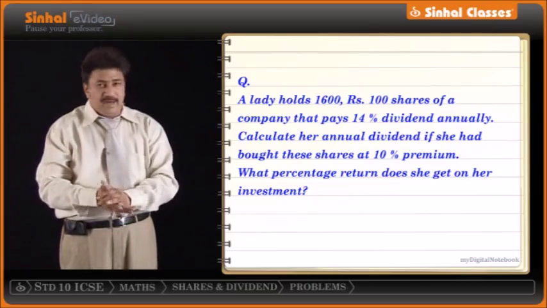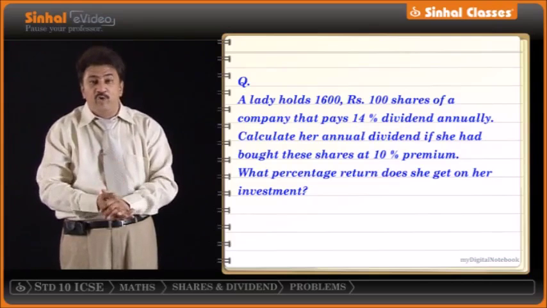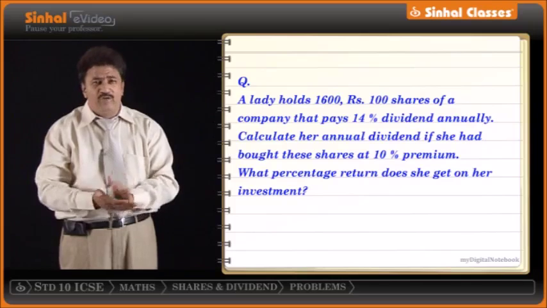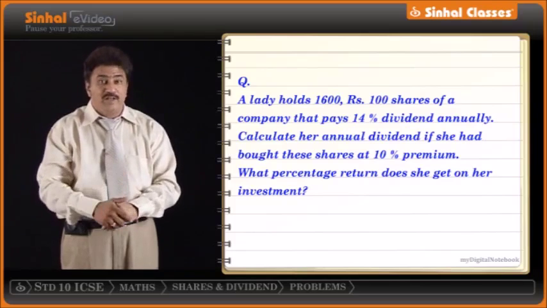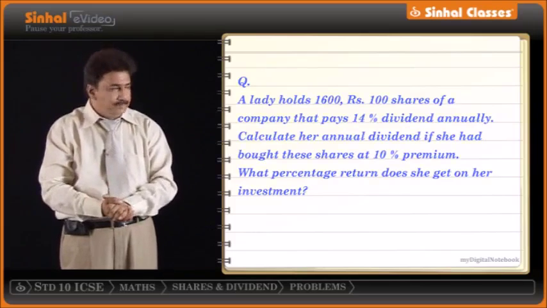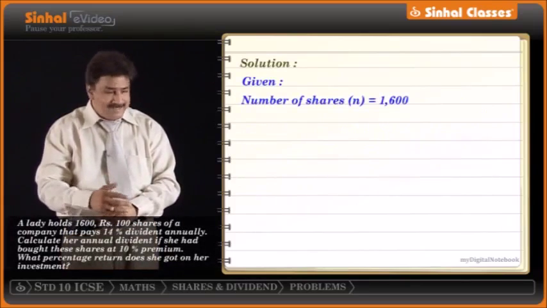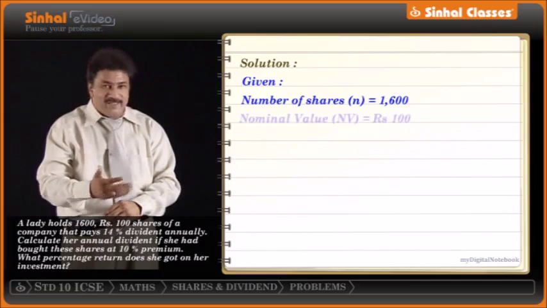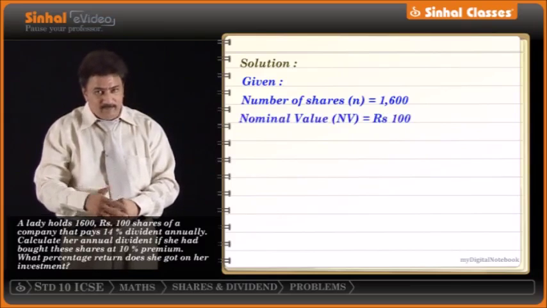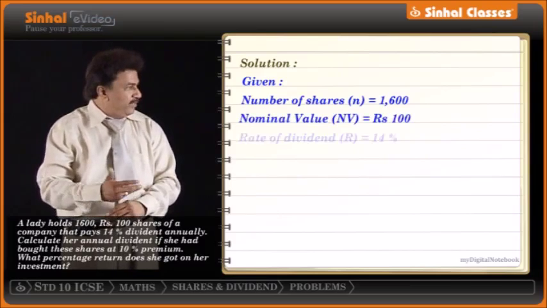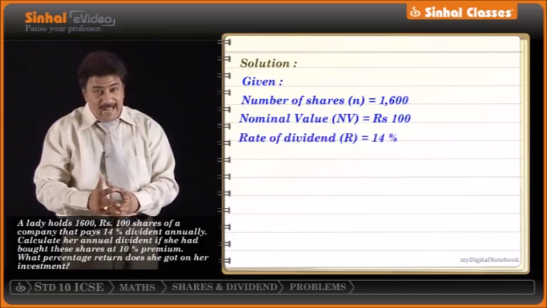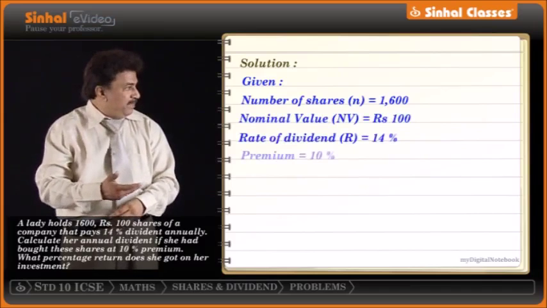Calculate her annual income. That means you have to first find the total dividend. Let's go for it. Put down what is given to you. Given number of shares 1,600. What else? We got nominal value rupees 100. Fantastic. Move ahead. We got rate of dividend, that is 14% per annum, and you got premium, that is